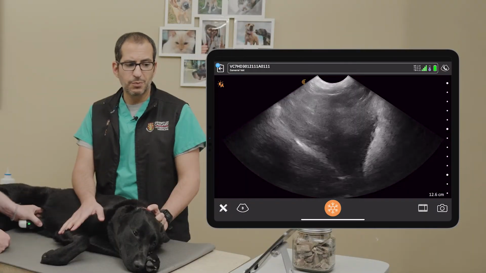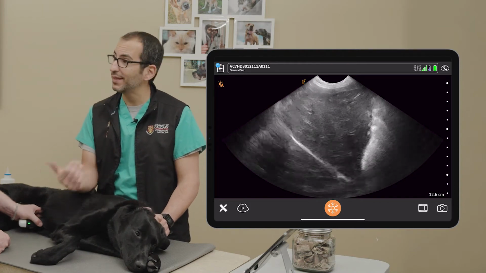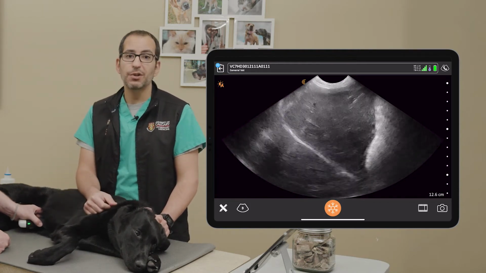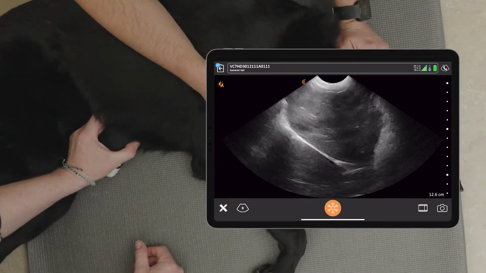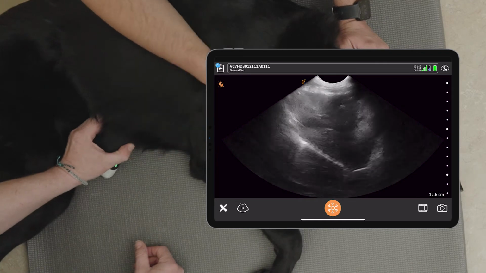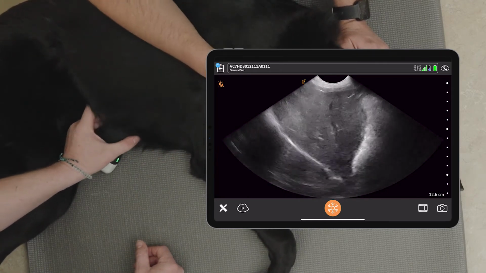That's a beautiful image, Dr. Boysen. So let's go ahead and answer those binary questions. First binary question, which goes back to the original FAST. Is there abdominal effusion at this site, yes or no? So Dr. Boysen is going to fan that probe really widely in long axis, and then we're going to do the same thing in short axis to increase our chances of potentially ruling in or ruling out fluid there,